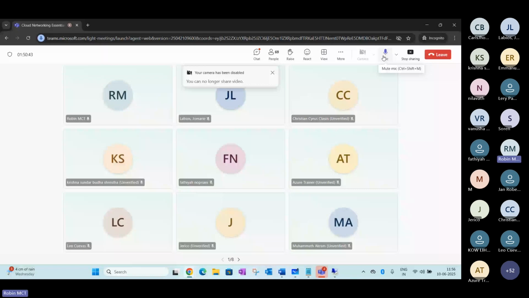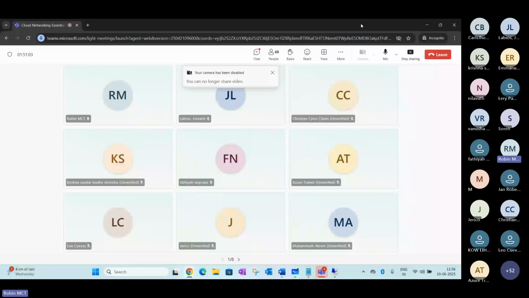So this is the public IP address range. Great, so that's about the IP address here.